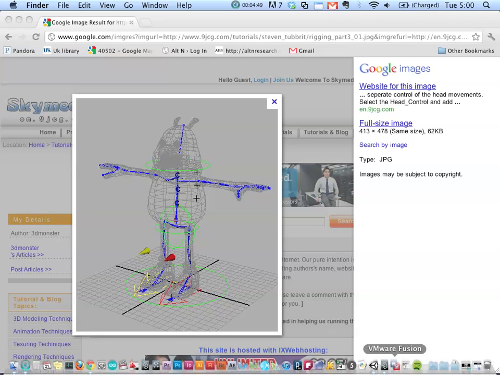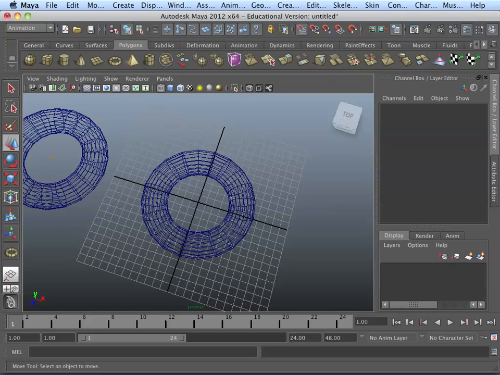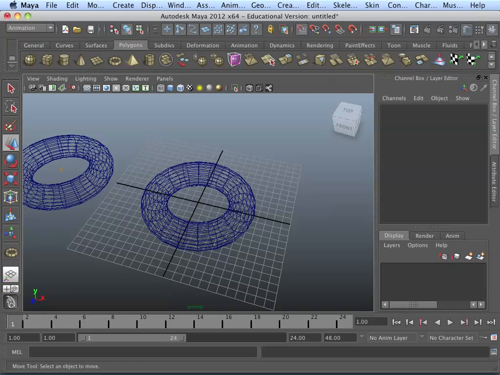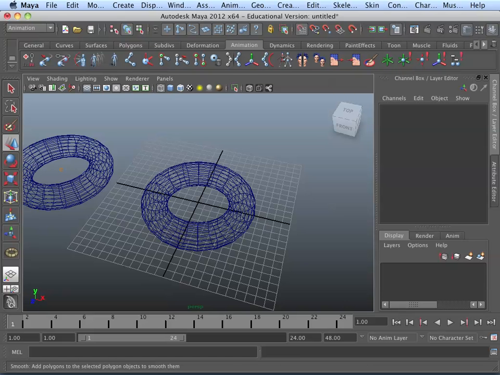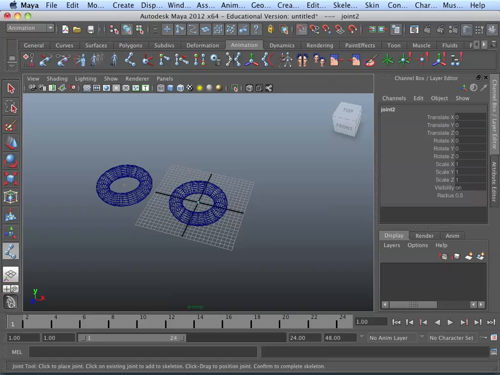So in this case, for instance, if I'm making the joints, I'll just make a few. So if I just start clicking along, it makes this chain, right? And they point in a direction, this being the top of the chain and this being the bottom. And if I look in my